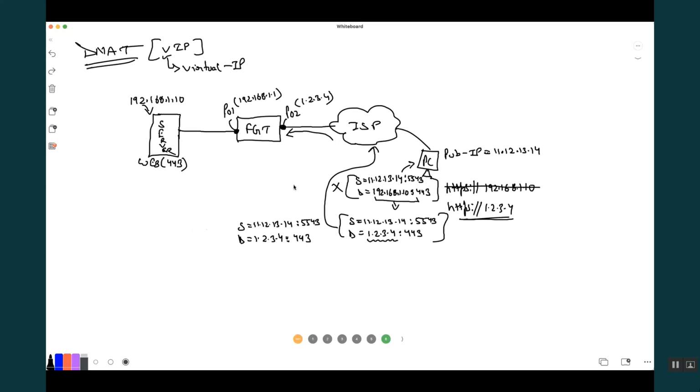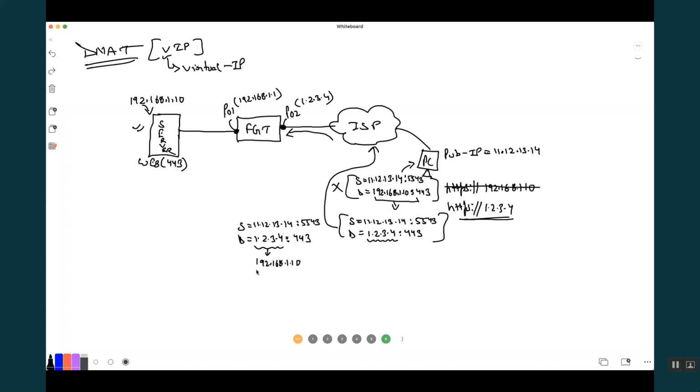Now, if this packet has to reach the server, that means the FortiGate has to translate the destination IP. Yes or no? Yes. It has to translate the destination IP to 192.168.1.10.